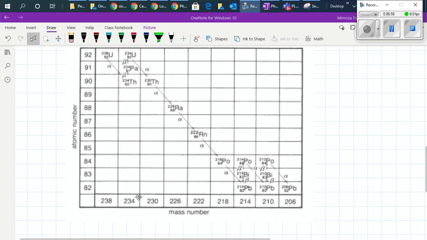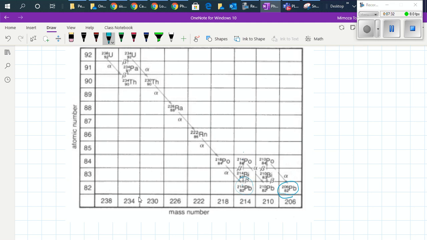We start with uranium-238, and then an alpha decay is released, then a beta negative, and then alpha, until we come to those elements. They are still not quite stable, so they release more until they come to Pb